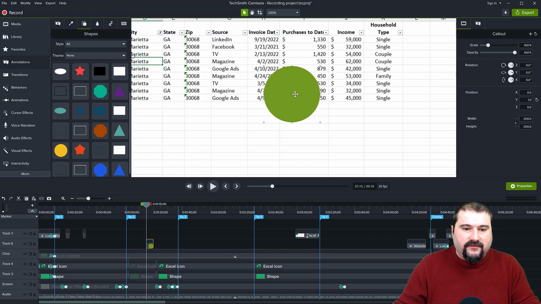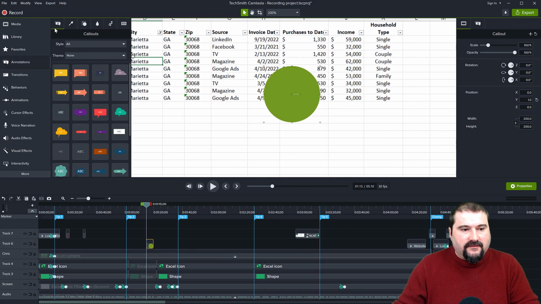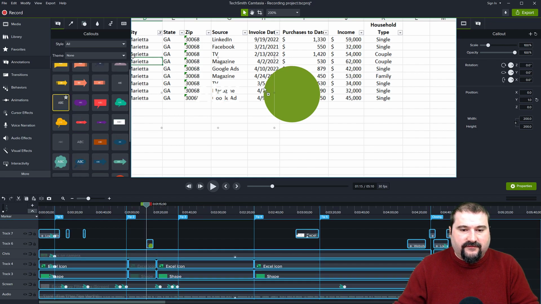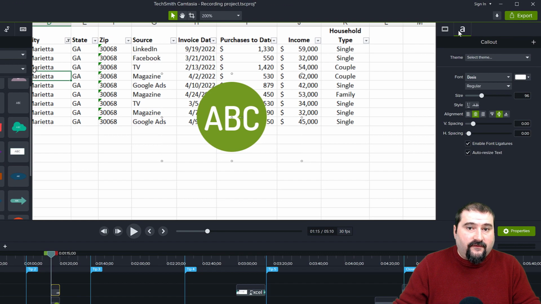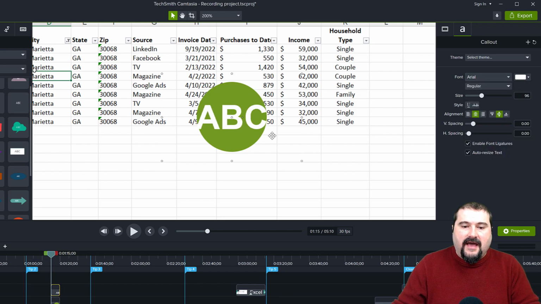So what I want to do is add a text on top of it. I'm going to go to annotations, go to the main one, and grab one of these text annotations. Doesn't really matter which one. I'm just going to grab this one, place it in here, and that's going to be my number indicator. You can go to the font and change it. I'm not crazy about this font. Just use basic Arial, and double click inside of that and type a number.